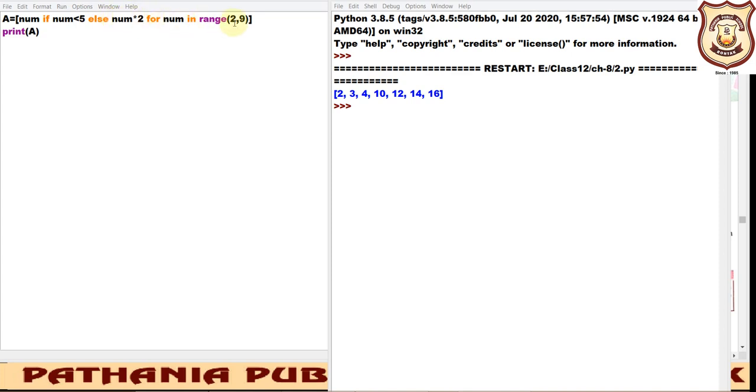So when num is 5, else num into 2, that is 5 into 2, is 10. When you pass 6, it will be 12. When num is 7, it will be 14. When num is 8, it will be 16, and it will not work for 9. I hope it is clear to you.